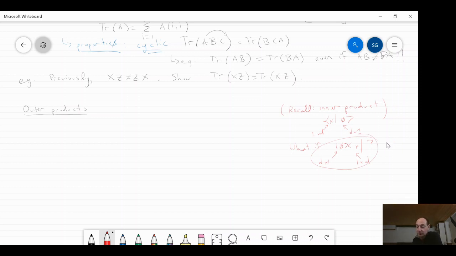And unlike an inner product, which takes you down to a complex number, the outer product kind of blows you up into a matrix. So you get something that's d by d now, instead of 1 by 1. Let me define this a bit more formally. For any psi, phi in complex d, the outer product is just going to be ket psi bra phi. Again, I'm assuming everything is d by d here, so this is just some d by d complex matrix.